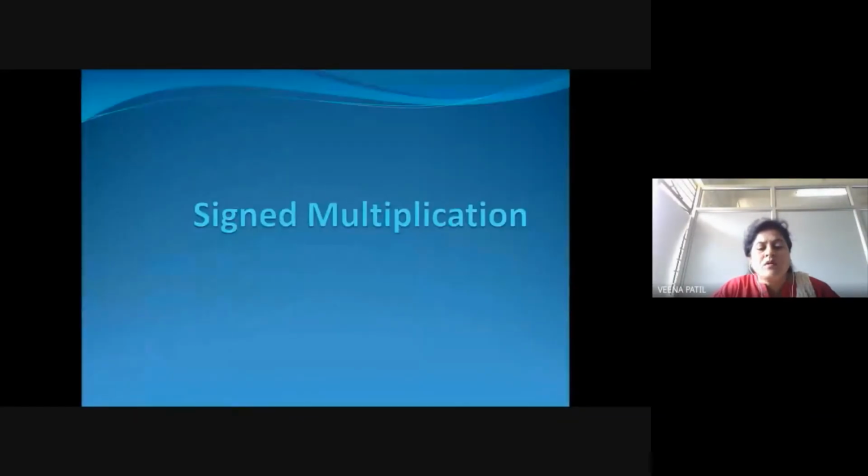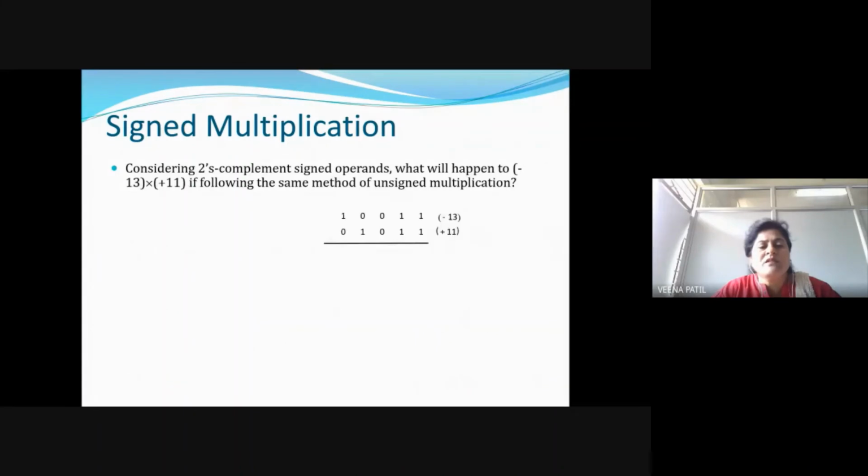So this is about unsigned multiplication. When we come to signed multiplication, it means it's a signed number. For example, we have minus 13 and plus 11. As you all know, whenever we perform signed number operations, we try to represent them in 2's complement form. Now, if I consider the 2's complement of the signed number, minus 13 is represented as